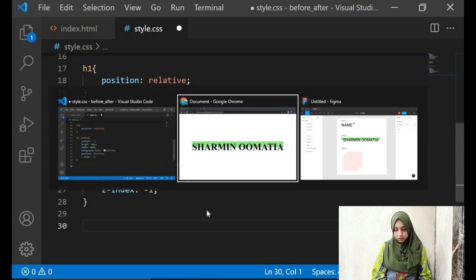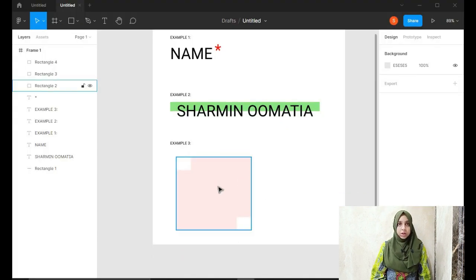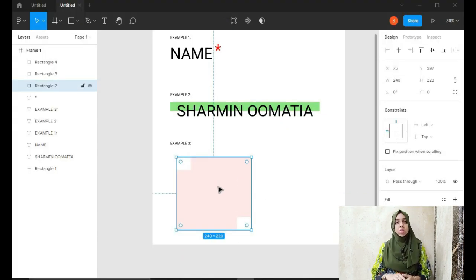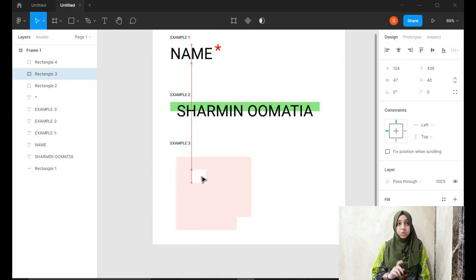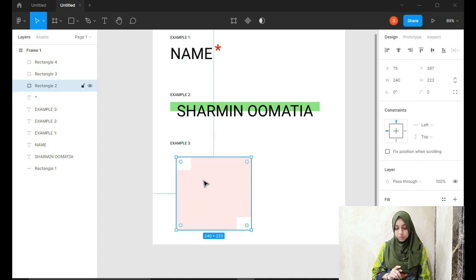Now the third example here is an interesting one. What we will be doing here is, we need a square, okay, and these two, can you see, these two are different divs, right? Yeah, of course you can do this by having a parent div, and inside of that div you can have two more divs which has a background color and a height and width, and they are white in color, and then you can just set them using absolute. But the same thing we will be doing using before and after, okay, so that you guys get more practice.